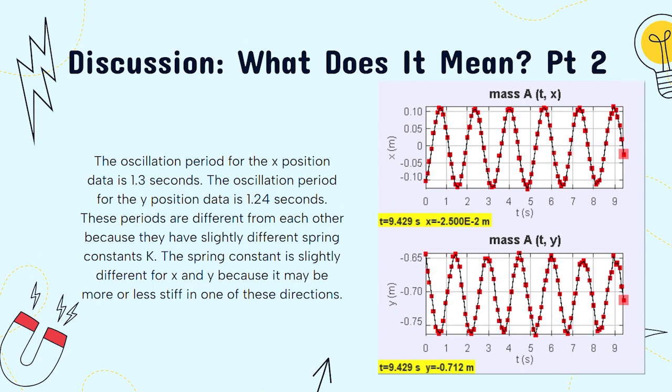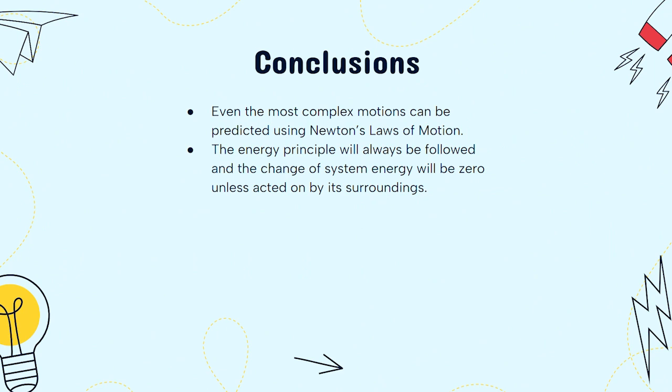So for part 2, the oscillation period for the x position data is 1.3 seconds, and the period for the y position is 1.24 seconds. These periods are slightly different from each other because they have slightly different constants k. The spring constant is slightly different for x and y because it may be more or less stiff in one of these directions. All right, for the conclusions, even the most complex motions can be predicted using Newton's laws of